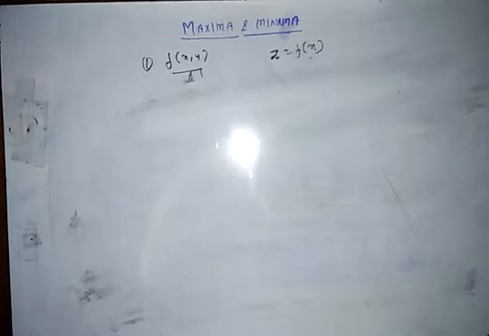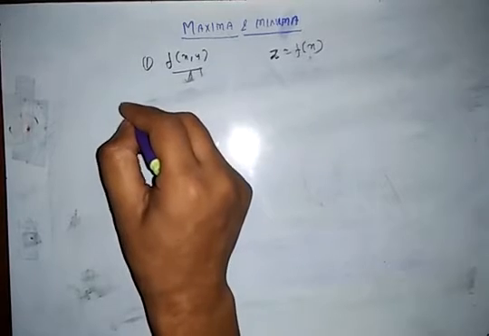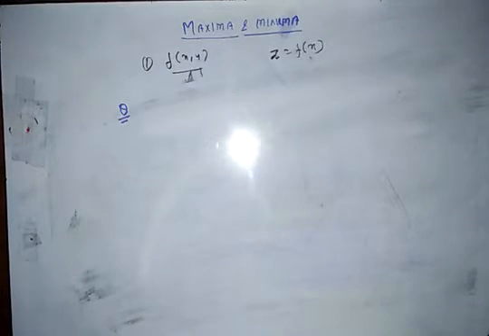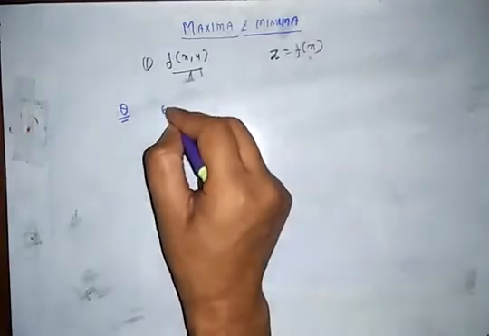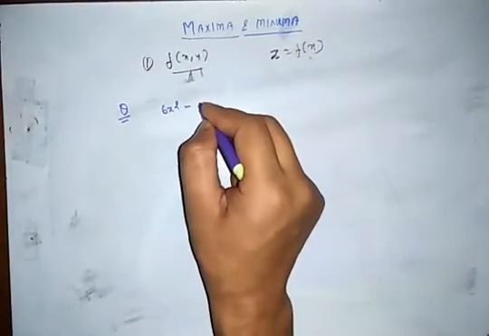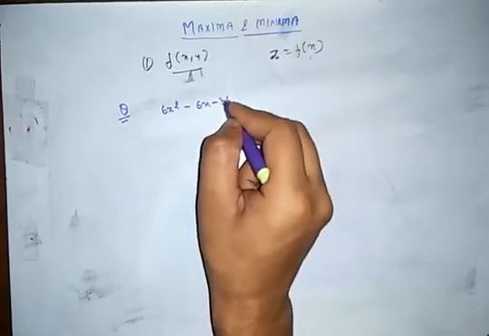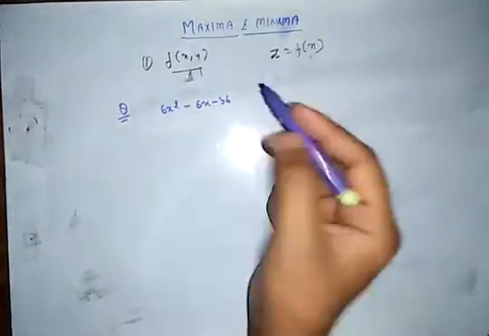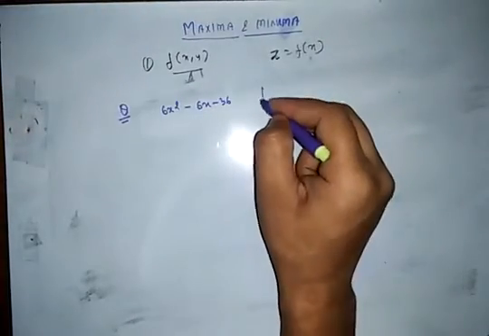Types of questions. See one question here, simple. I'm taking a single variable: 6x square minus 6x minus 36. I will see here, find the